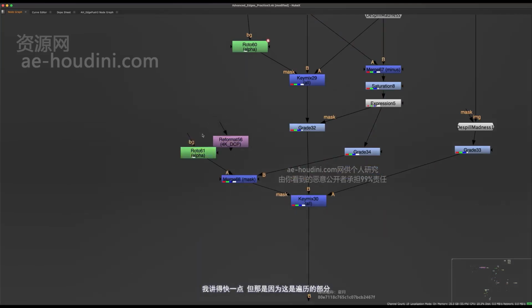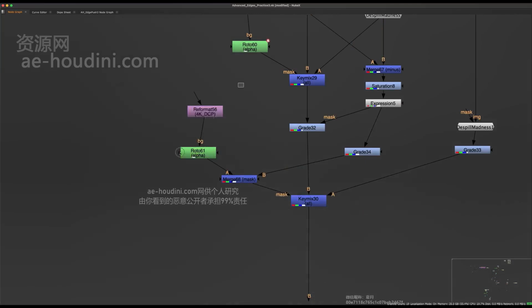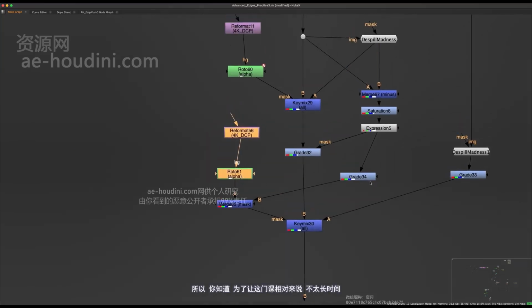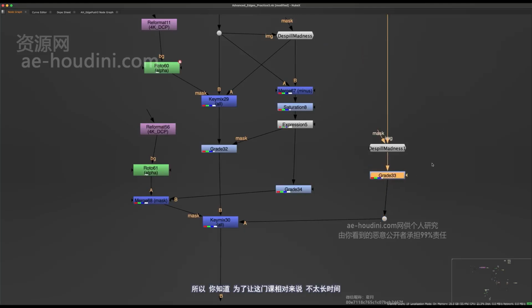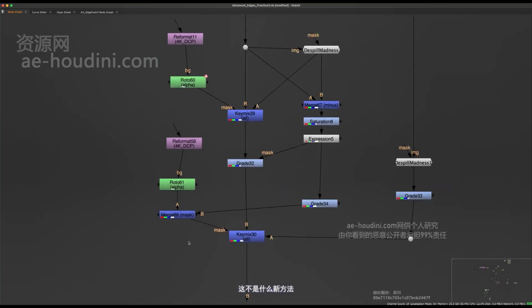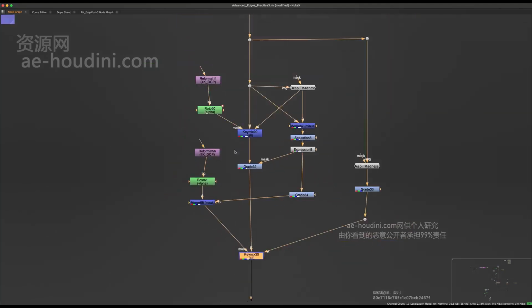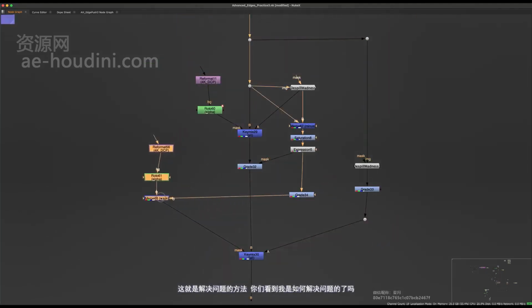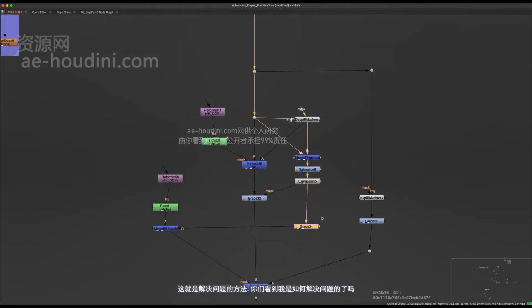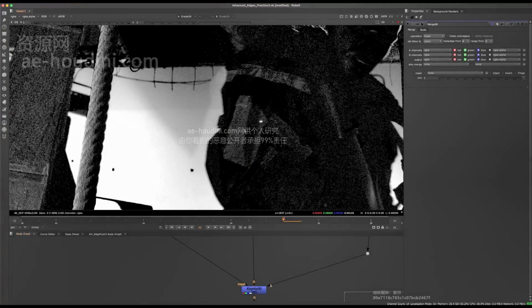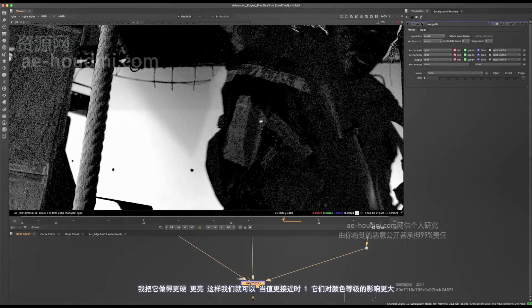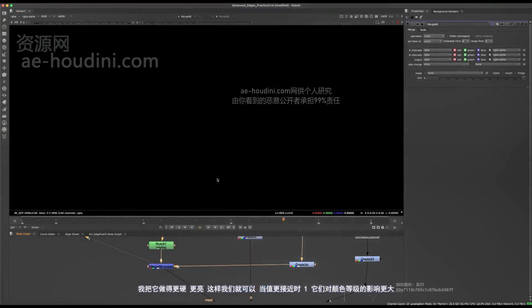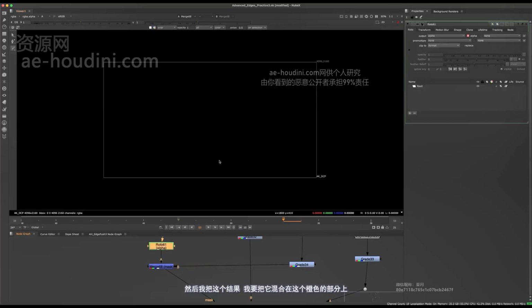And I'm going a little bit faster, but that's because this is the walkthrough portion. So, in order to keep this class relatively not extremely long, and this is not a new process, this is just working through. You see how I'm problem solving. You see how I'm approaching things. I have a Despill matte. I'm making it harder, brighter, so when the values are closer to 1, they affect the color grade more. So, and then I'm just taking that